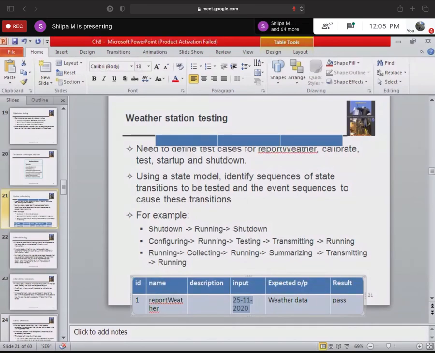The tool will do it automatically, and you can configure the tool to run the test case at whatever time you want. Let's say the system is busy now; you can say run this particular test case at night when the system is free. So that is the use of automated testing.